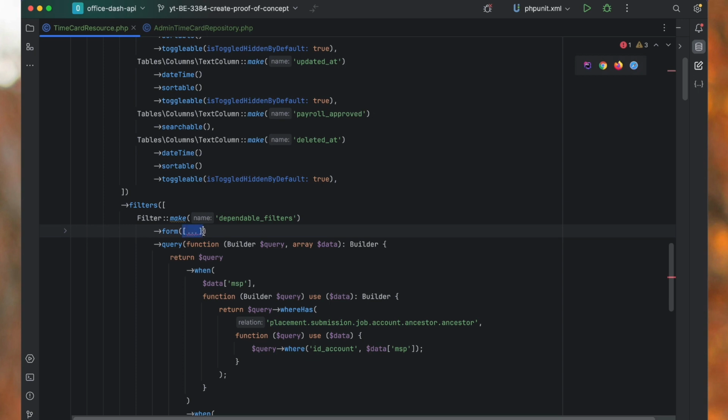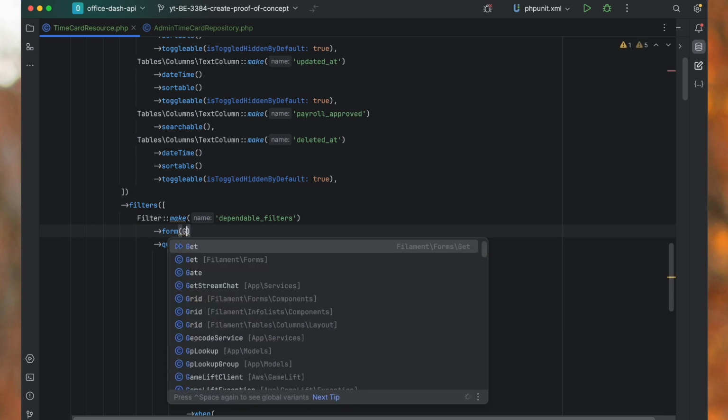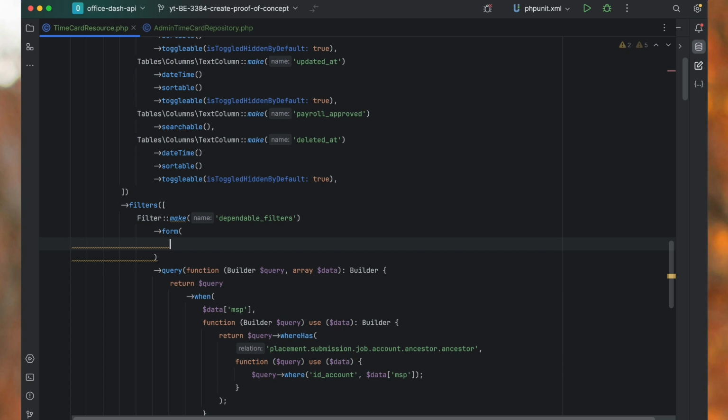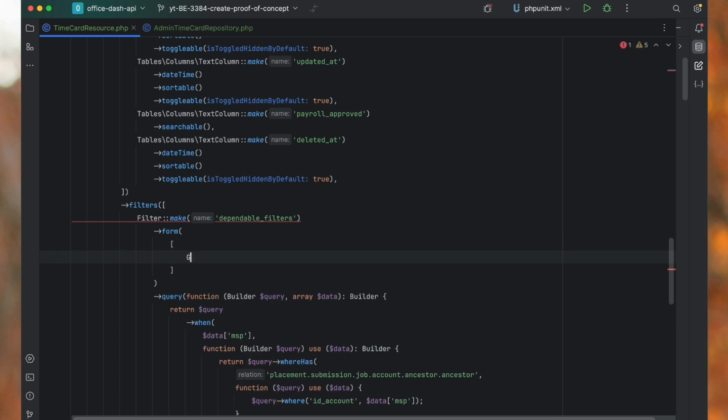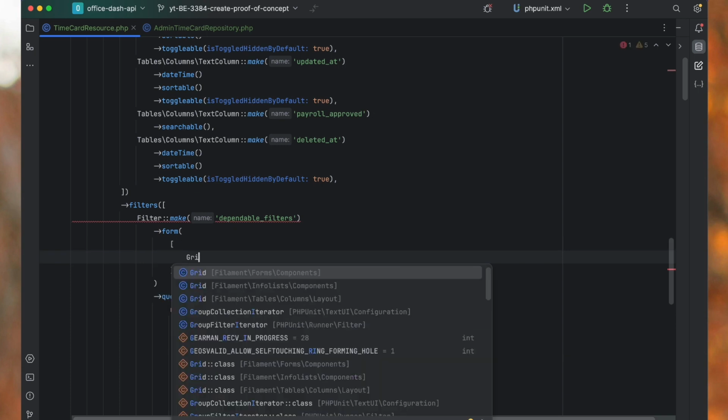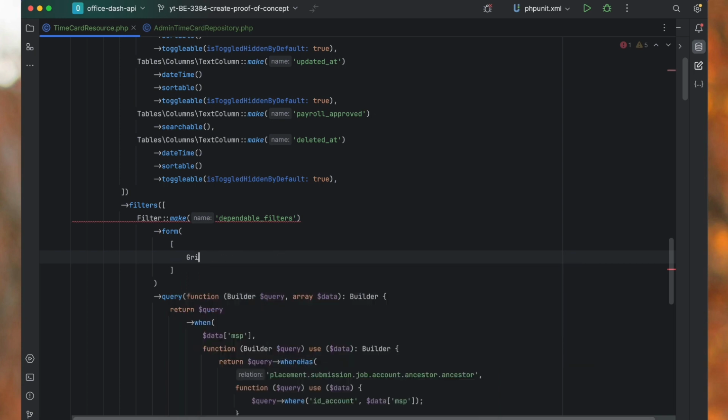Let me just cut out everything and then define the grid, Filament form component Grid. Actually, let's see. Yeah, form component,